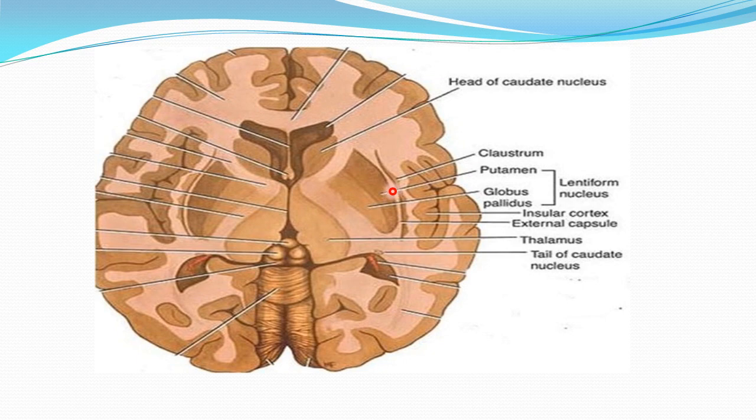Lateral to the lenticular nucleus, there is white matter known as external capsule. Lateral to the external capsule is again grey matter. This grey matter is claustrum. This is the fourth one of the basal ganglia. This claustrum is related with the limbic system, so it is not described again here. Further lateral to the claustrum, there is another white matter known as extreme capsule. Lateral to the extreme capsule is the insula. Here is the lateral sulcus.